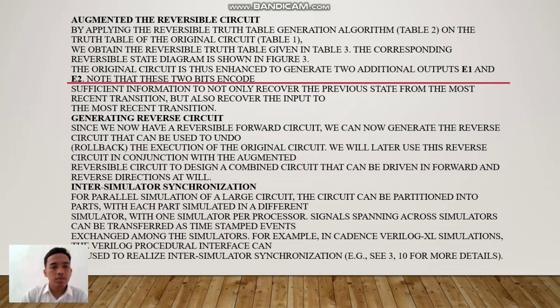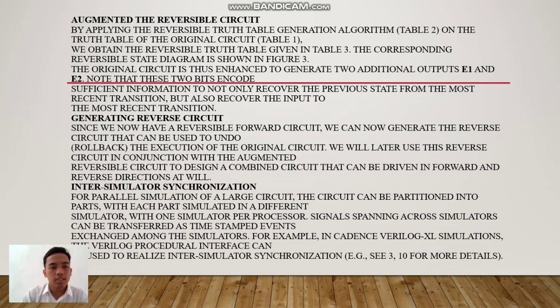The original circuit is thus augmented to generate two additional outputs, E1 and E2. Note these two bits encode sufficient information to not only recover the previous state from the most recent transition, but also recover the input to